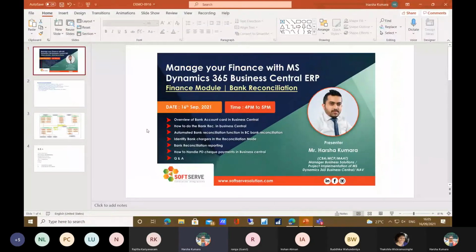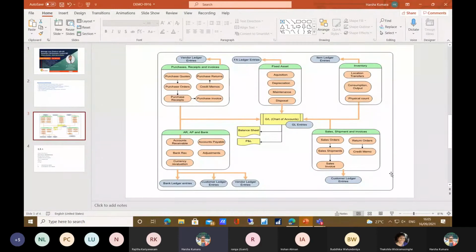As I showed you in my previous session, in NAV, which we now call Business Central, all the chart of accounts are linked with the subledgers, and they are linked with your chart of accounts at the end of every month, and at the end of every transaction also.